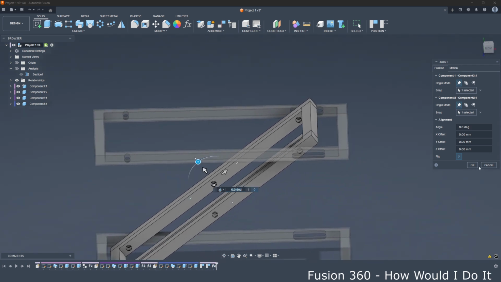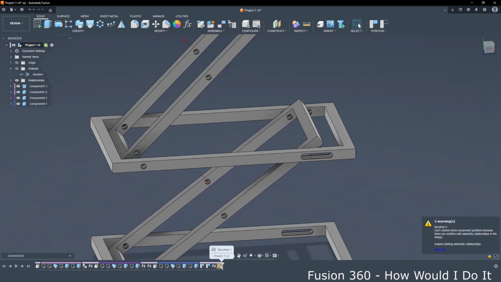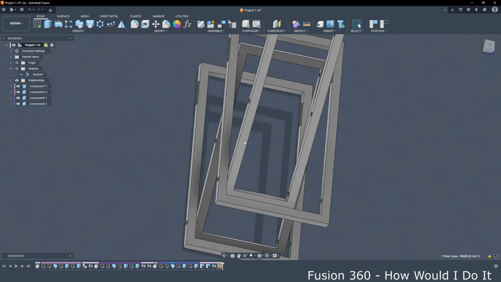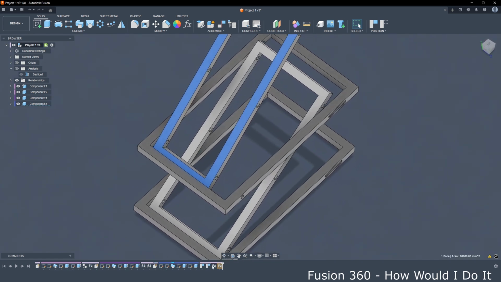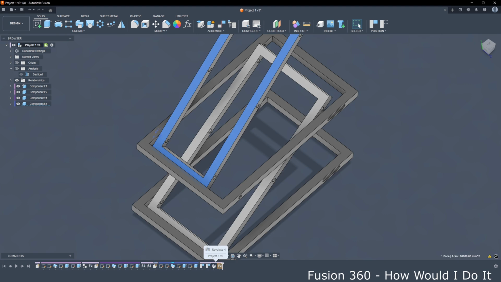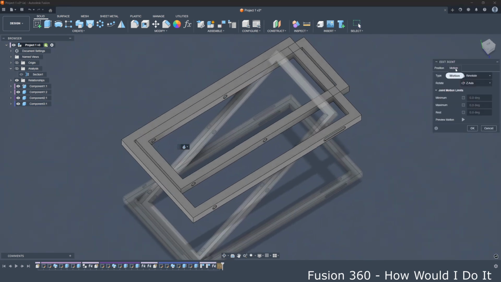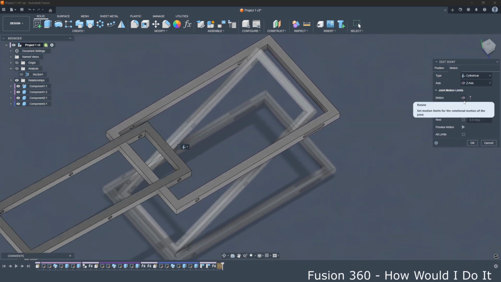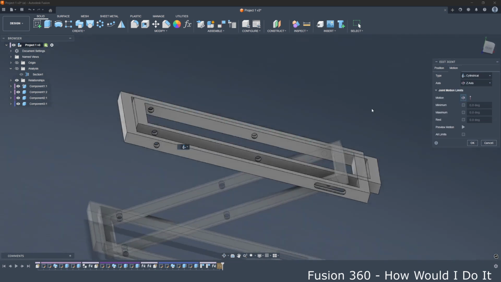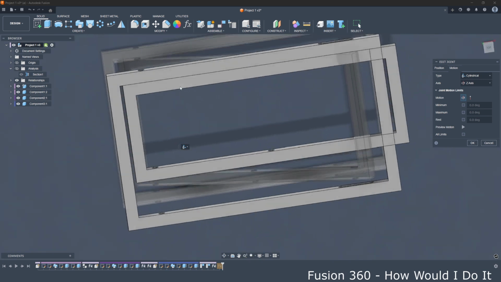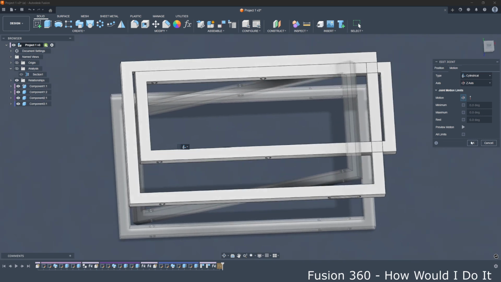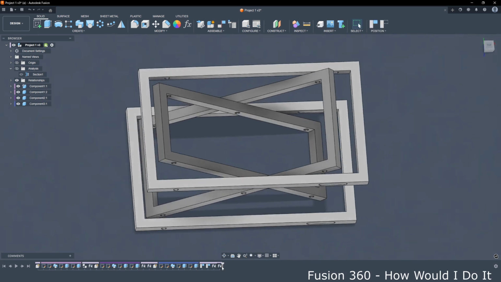And see what will happen. We have this yellow symbol, so something is wrong. That's because, as I said earlier, we have to make this joint cylindrical so that it rotates along axis and it moves along axis. And say okay, now we have here